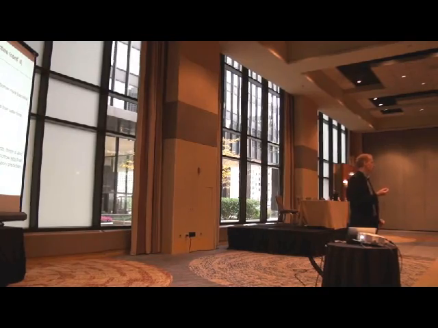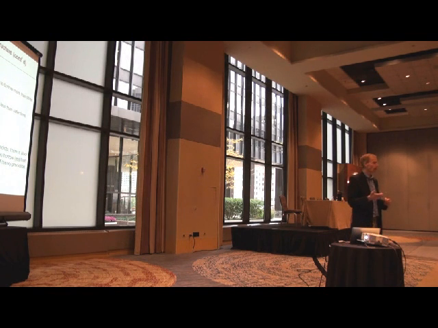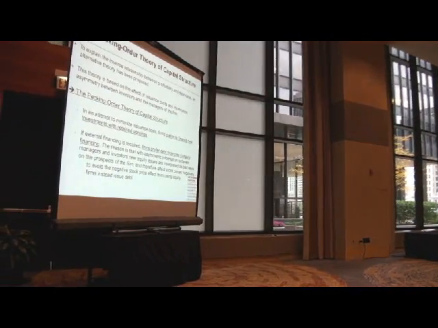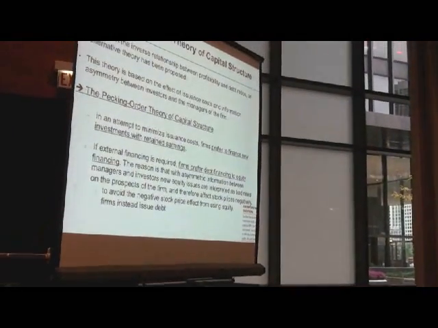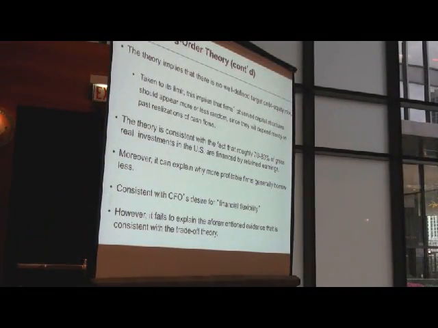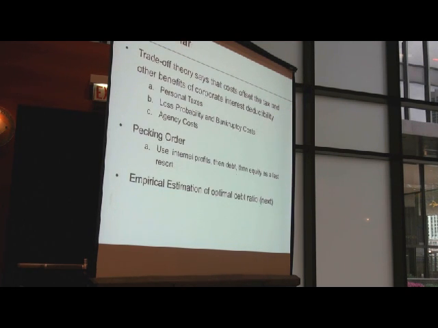The one real test or difficulty for the static trade-off theory, at least, is why do profitable firms borrow less? Because we think profitable firms have a really high tax rate, we should borrow more. Well, they borrow less. And guess what? We already talked about that too, the pecking order. So it's not that I'm just loading on these theories. It's more like, hey, we already talked about this. Remember, CFOs tell us stuff that justifies us believing that this is a valid way to think about things. Okay, so there's pecking order. Talk about that. Yes, internal funds are really important for investment, just like the pecking order would say they should be. Okay, so now,